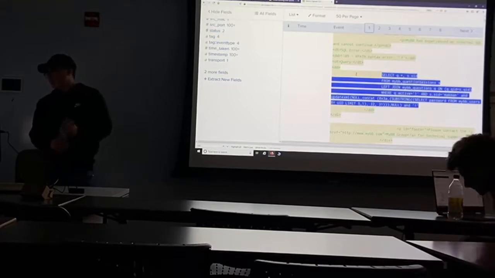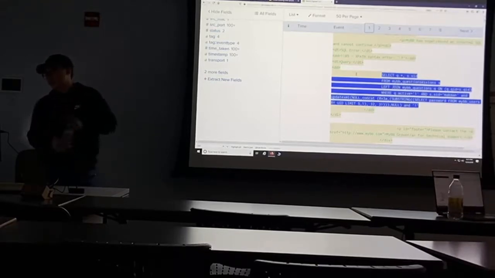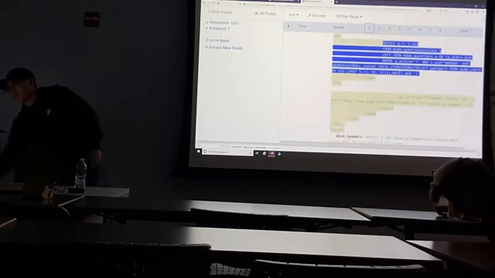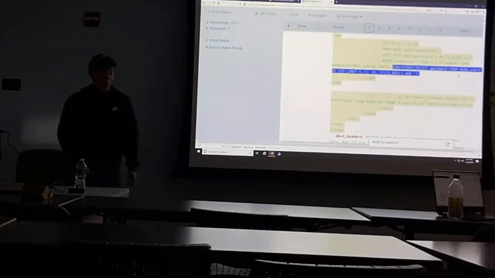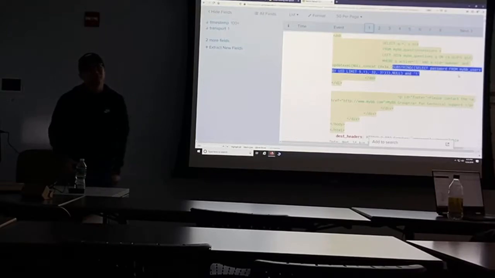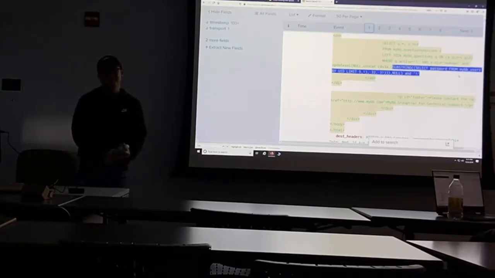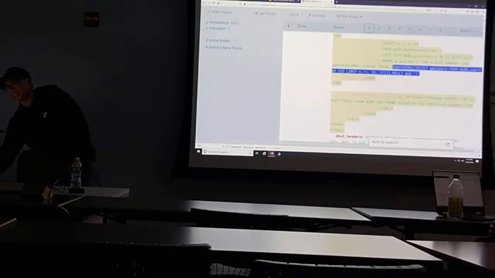If you want to know directly what it does, if you see right over here, substring select password from the users. So you could automatically guess what it's trying to do. Who wants to explain what it's trying to do? It's trying to dump all the user passwords. Correct.